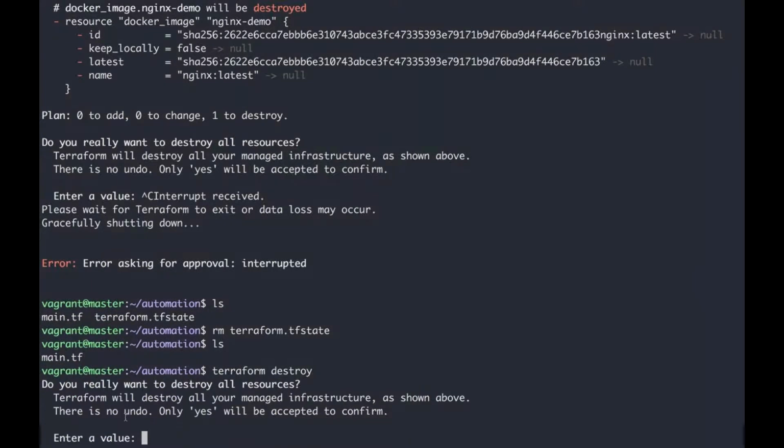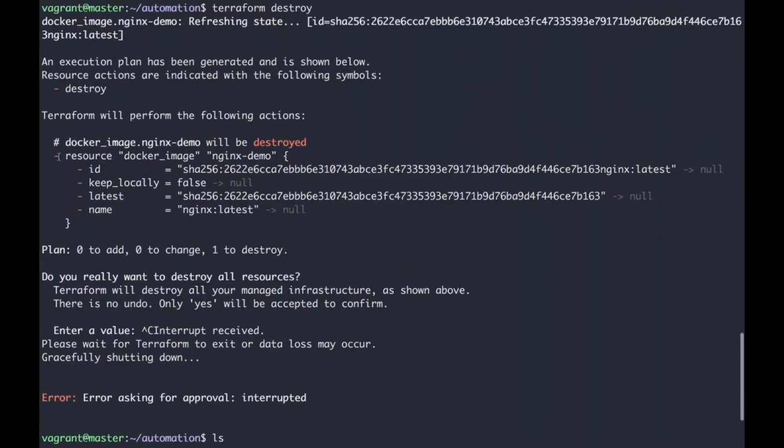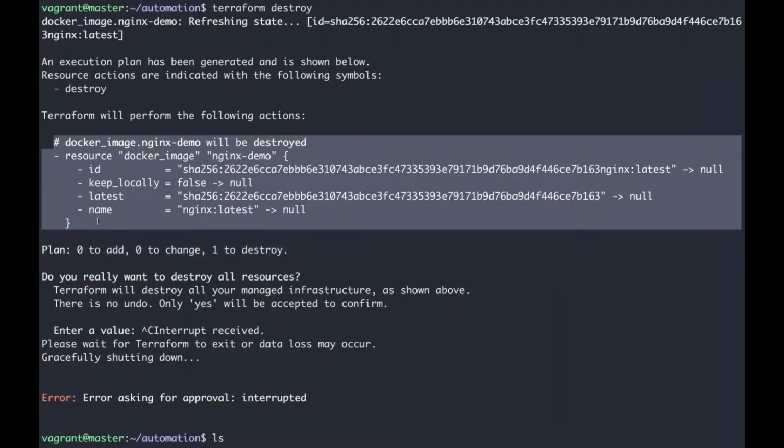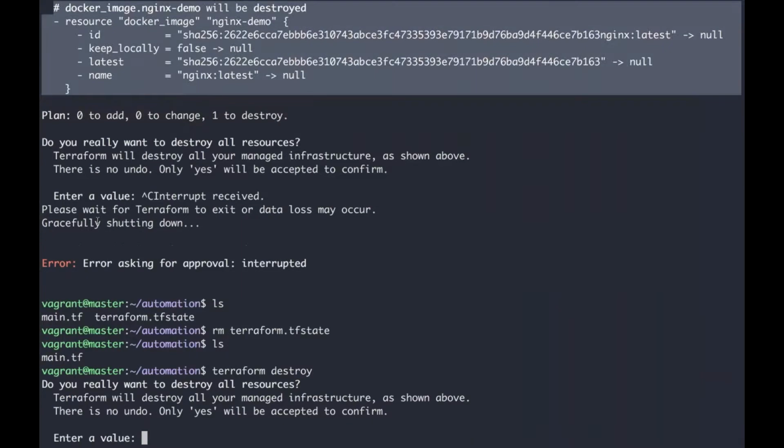What exactly is it saying? It's saying that, hey, Terraform will destroy all your managed resources as shown above. There is no undo, accept. So it is going to delete all the resources. It's not going to show me what is going to be deleted. It's going to delete everything. Okay. Now, if I say cancel,